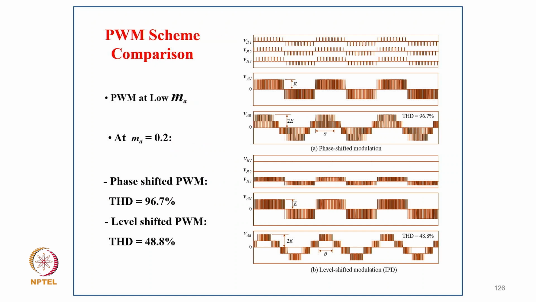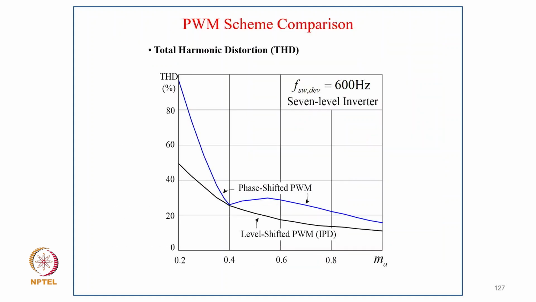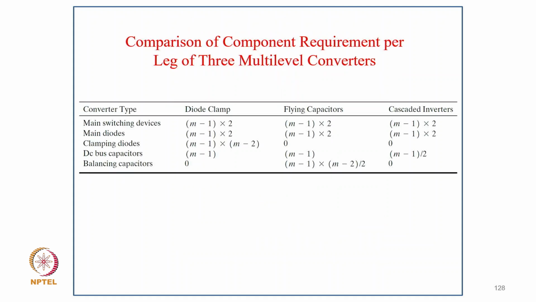And now coming to the PWM scheme comparison, so you have PWM at a low ma equal to 0.2, and the phase-shifted THD is 97.6%, level-shifted THD is 48.8%. As you can see, the waveforms of the THD are there. So now total harmonic distortion and switching frequency of 600, the 7-level. So you have phase-shifted and you have level-shifted, how the total harmonic distortion of the output is varying. And this is the comparison of the component